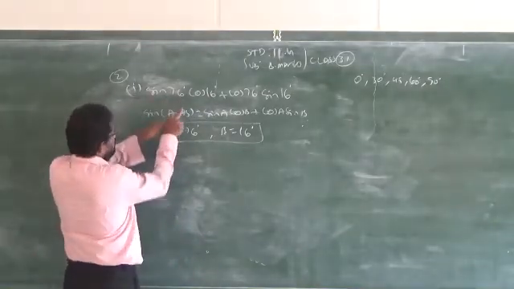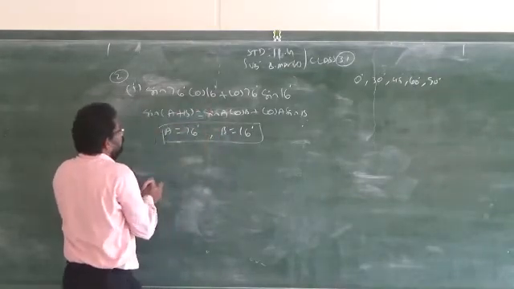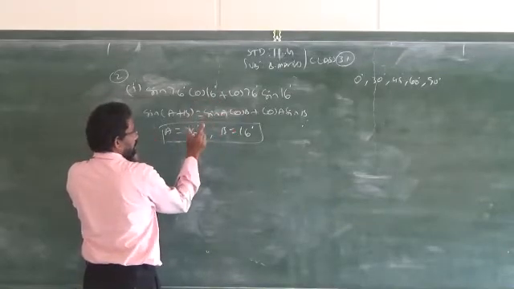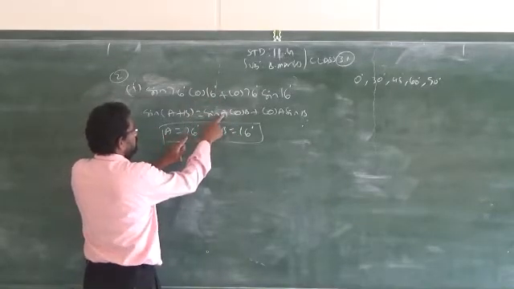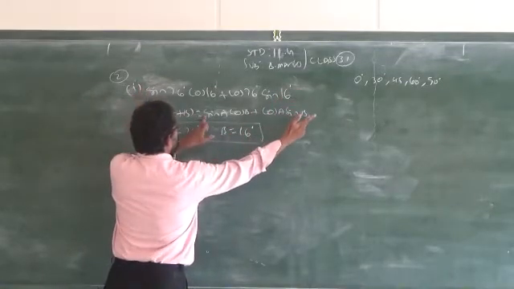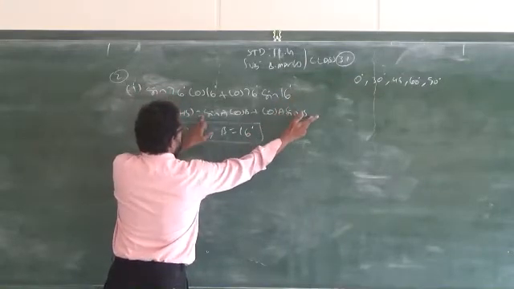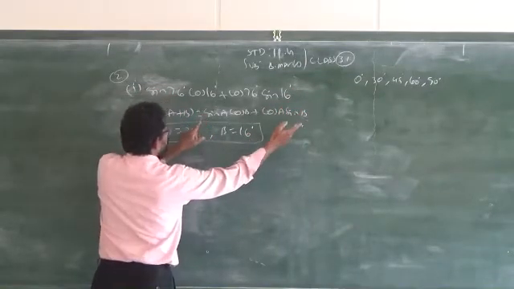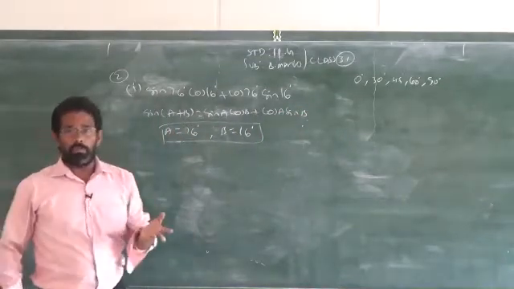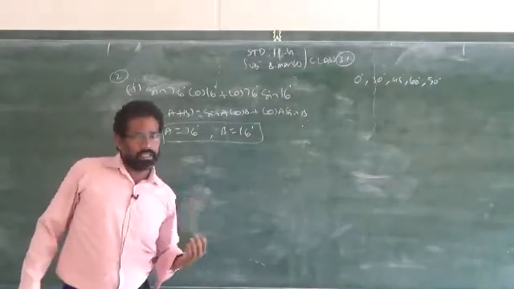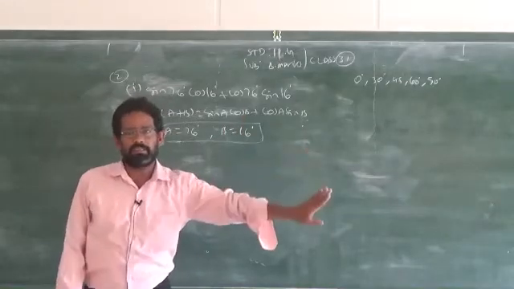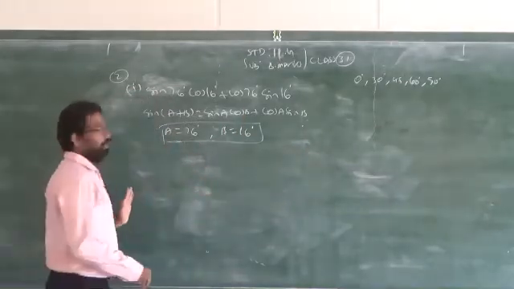Therefore, I will take the first one as 76 and B as the second one. Then I have to check whether this satisfies the formula or not. I verified by replacing A by 76, B by 16 in the right side of the given formula. So I got exactly what is there in the formula, just like that formula shape on the right side. So if the right side is given, you are supposed to write the left side. In the previous Roman number, you had to express the left side to the right side, whereas in the second Roman number, you have to find the answer from the right hand side to the left hand side.